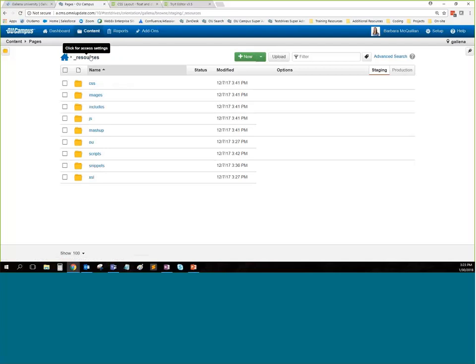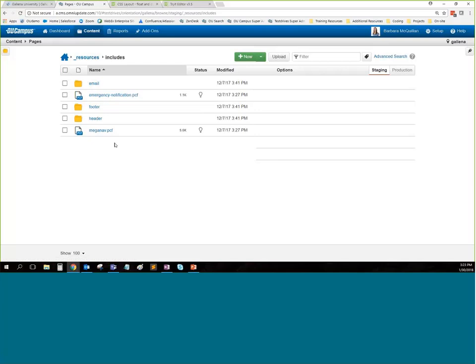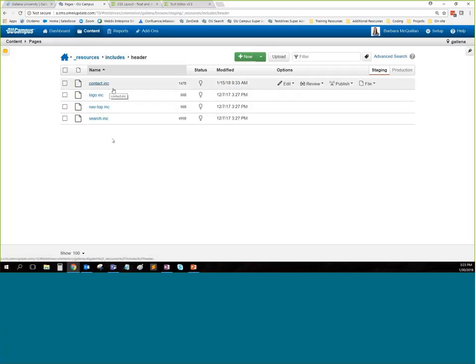Back out to my _resources. The next option I have here are my include files. Depending upon your implementation, you may have different file extensions for your include files. So if we take a look at the header, I have 4 different header include files here that all end in .inc. I've seen other implementations where these files might end in HTML or SHTML or PHP or whatever for